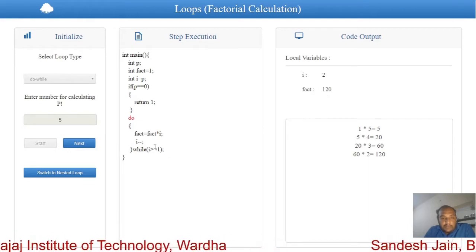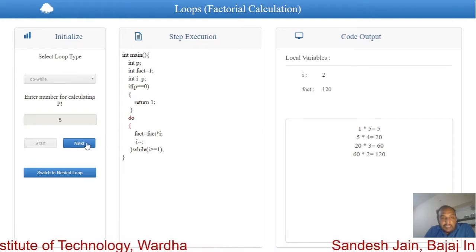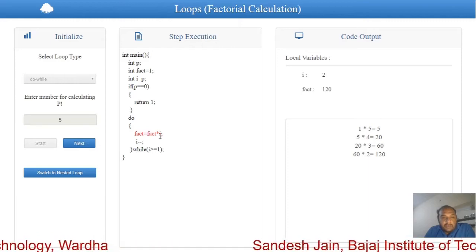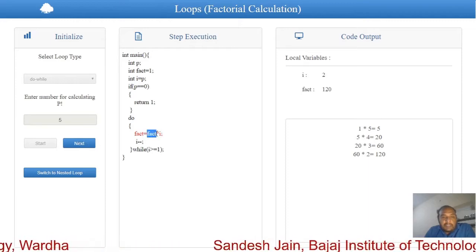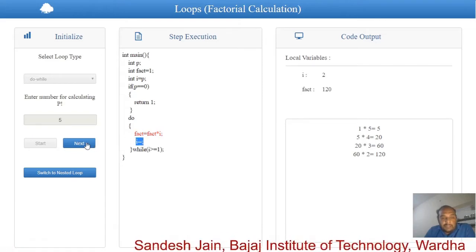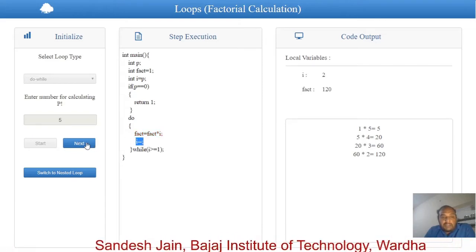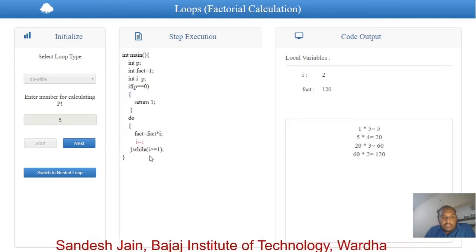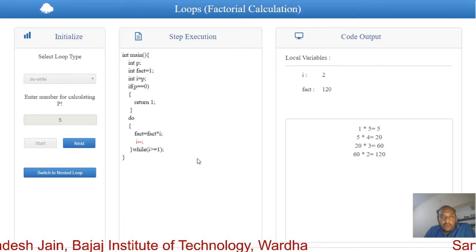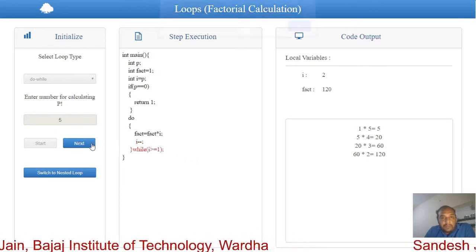Now we execute this part again and the value of factorial is calculated. The value of factorial stays 120, and the value of i becomes 0. Because it is 0, you will observe that after executing this line, the code over statement pops up.